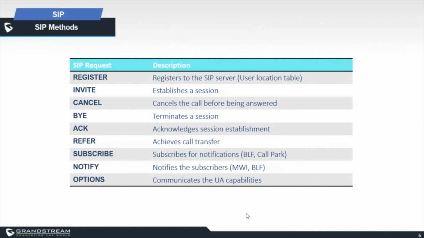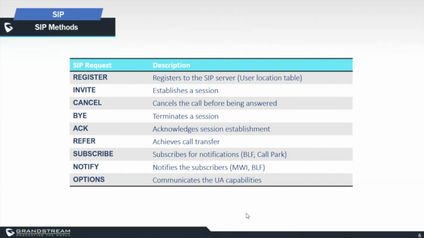And in the notify message, the UCM will include the URL, the TFTP URL or HTTPS or HTTP, depending on which one it's using. It's going to send it to the phone, and the phone is going to use that information to request the config file. And last, we have the options message, which is used to communicate the user agent's capabilities, like what are the supported medias and media capabilities supported,